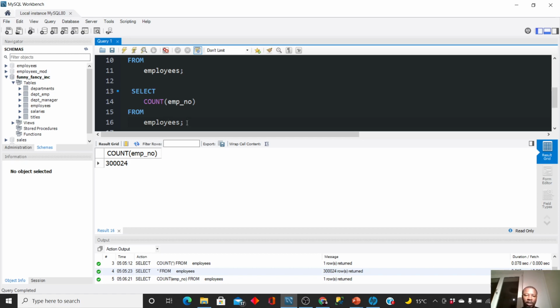Now let's take another example. We can say we want to find the number of employees who take a salary of, say, 80,000. So we're going to copy and paste. We say select count everything